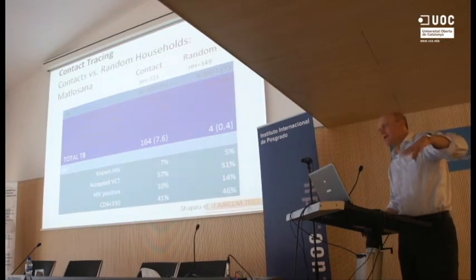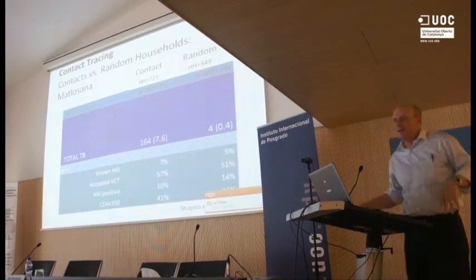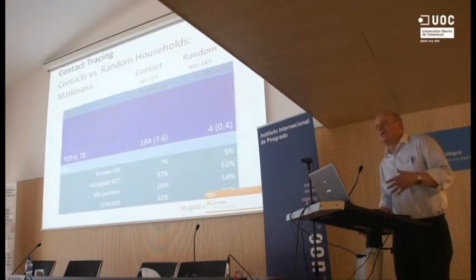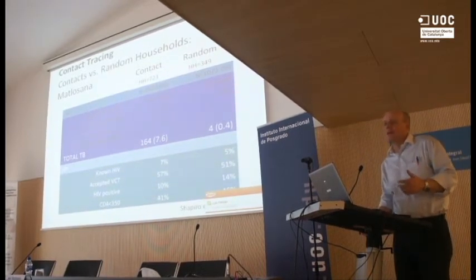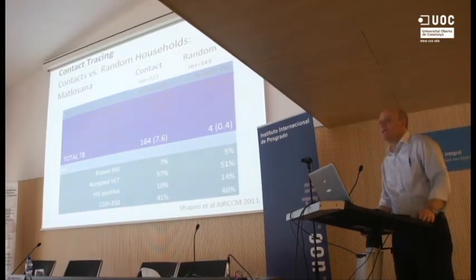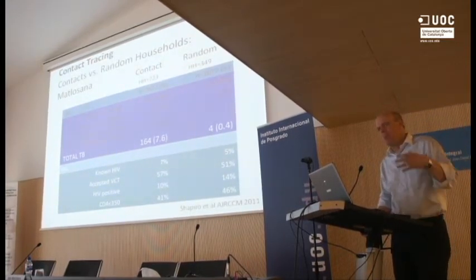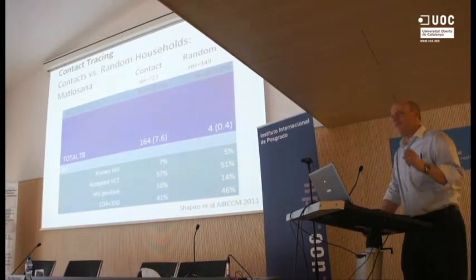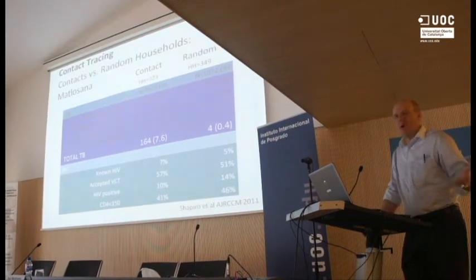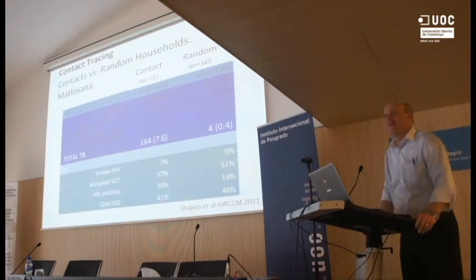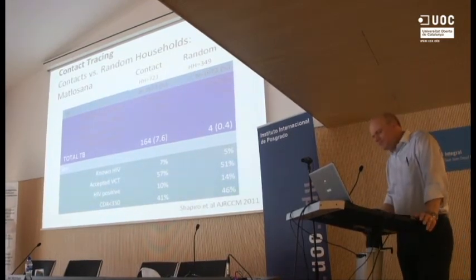Now, contact tracing in our setting is not usually done. In the US and other places, they have obsessively followed this idea of contact tracing, and certainly their rates of TB are coming down dramatically. In part, I'm sure it's due to this obsessive follow-up. It's almost like we in South Africa would treat a case of Ebola virus. They, in America, would treat an index case of TB.